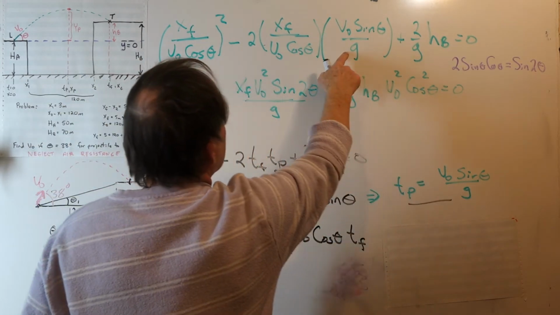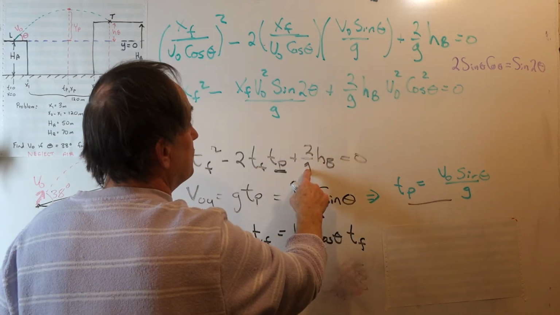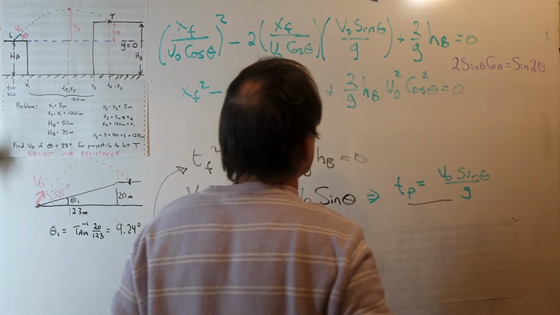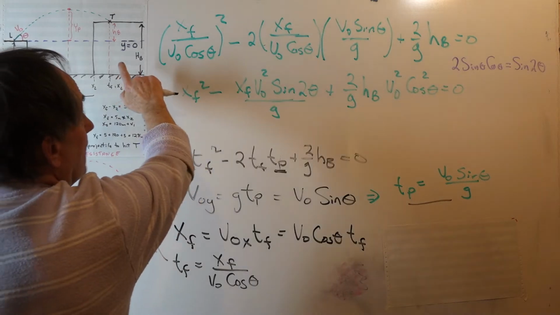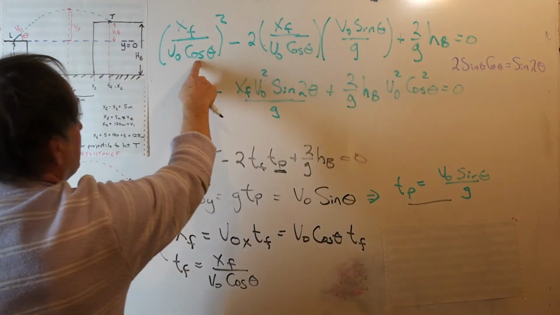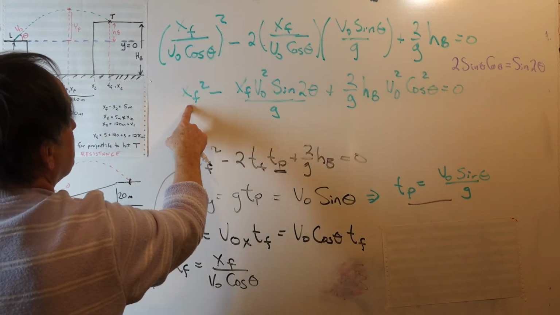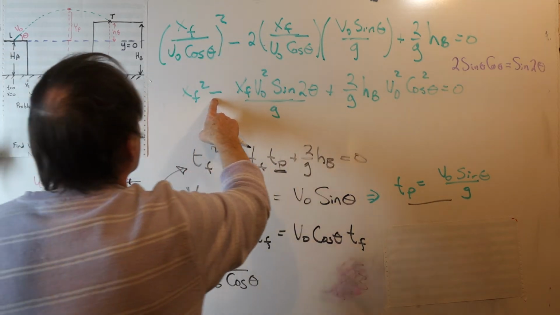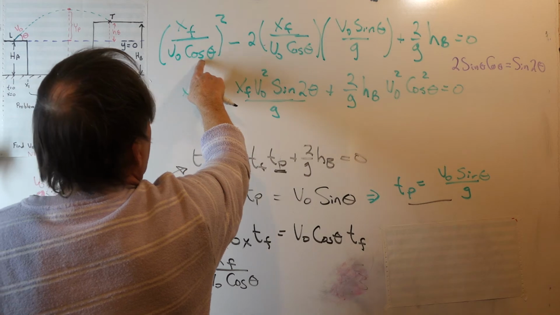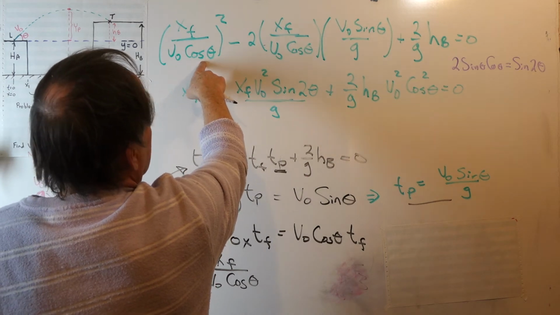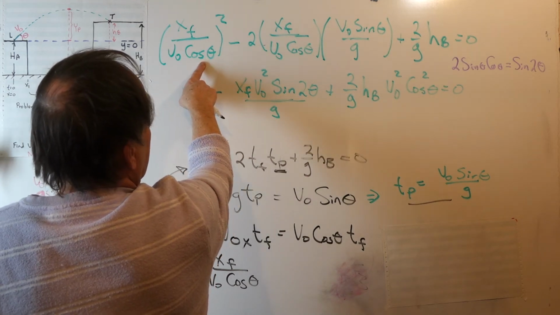That's this quantity here. And then we have plus 2 over g hb is equal to 0. I'm going to multiply through now by V0 cosine theta squared. So we end up with an xf squared minus, then we have V0 squared cosine theta squared